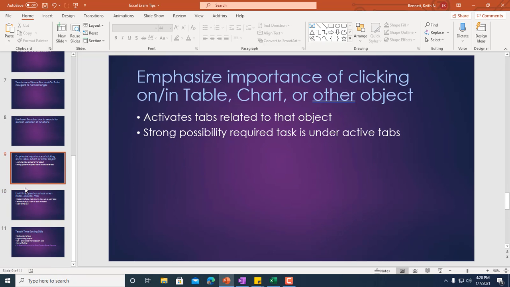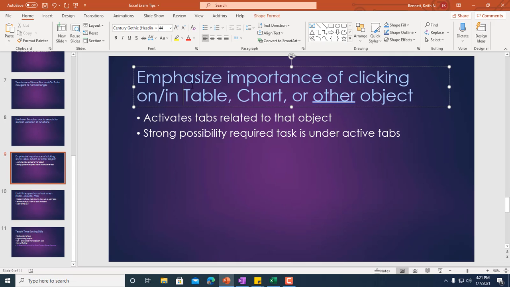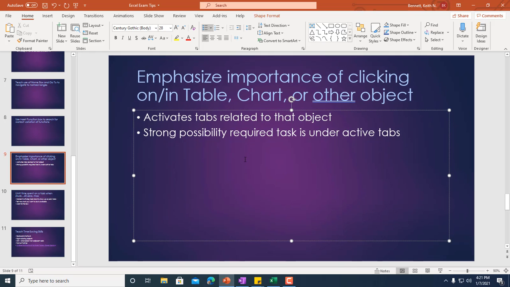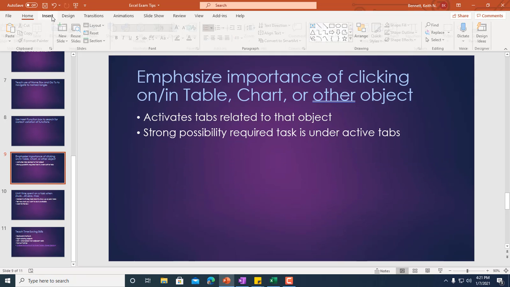I also think it's important to emphasize to students that when they need to work on a table or a chart or some other object, make sure you tell them to click it first. Because when you click on it, it's going to open up tabs that are related to whatever it is they need to click on. Right now I've got PowerPoint open, but if I were to click up here, I get just your basic tabs. But what if I were to insert a picture down here somewhere, which I can do just for the sake of example? Then I can go to Insert,